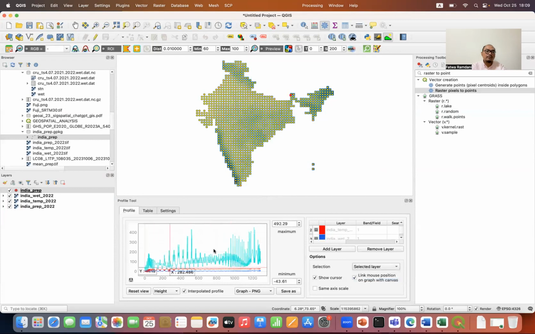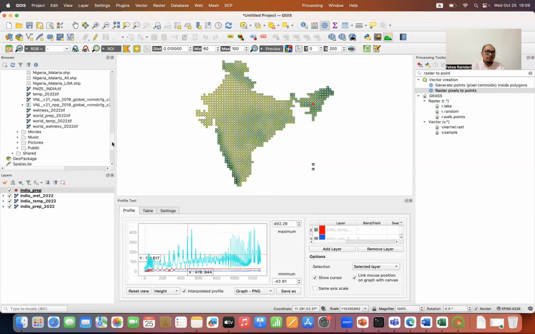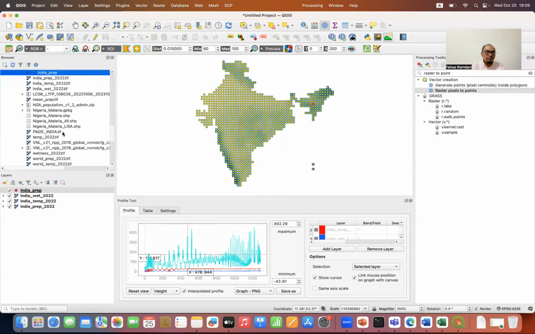Now we have a graph like this. So you may see here, you can observe here when the precipitation become high, the temperature become low and the wetness also become high. If you have another data, for example, you want to add PM 2.5 data, you may